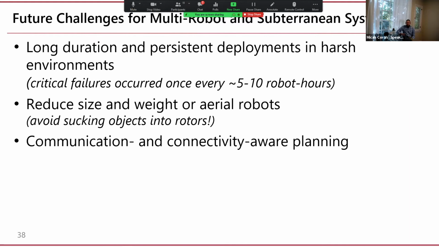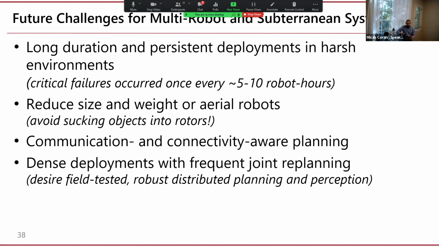Next, the Subterranean Challenge gave me a new appreciation for communication-aware planning. The need to reason about communication and connectivity turned out to be quite pervasive and critical. This ranges from classical problems like modeling communication and connectivity to deciding when and how to disconnect from and reconnect to the communication network. And beyond that, being able to make decisions with an awareness of connectivity, such as whether to climb a flight of stairs, given the risk involved if the robot is unable to communicate with the human operator.